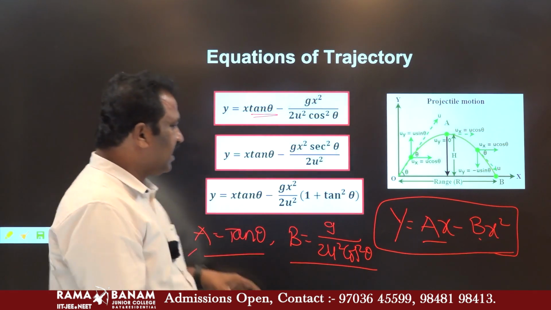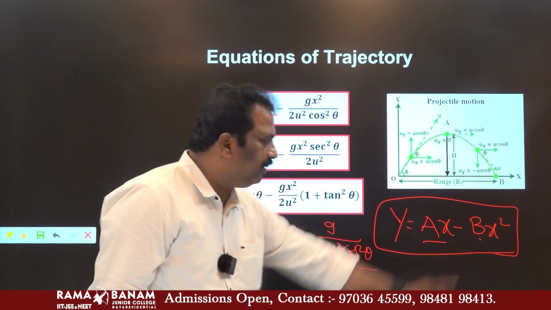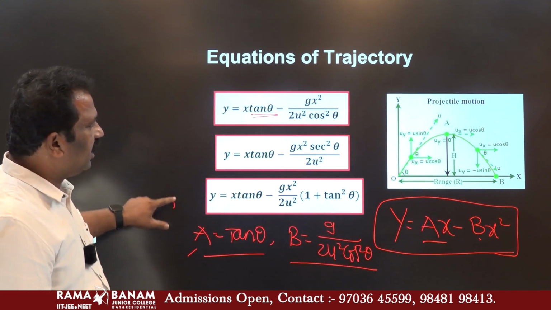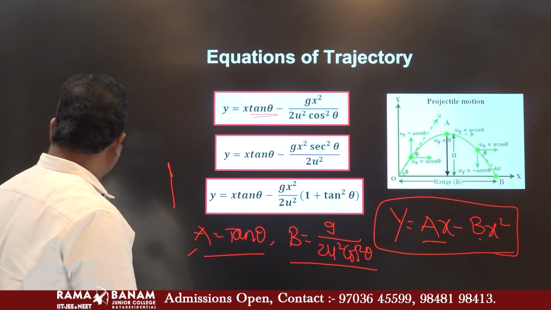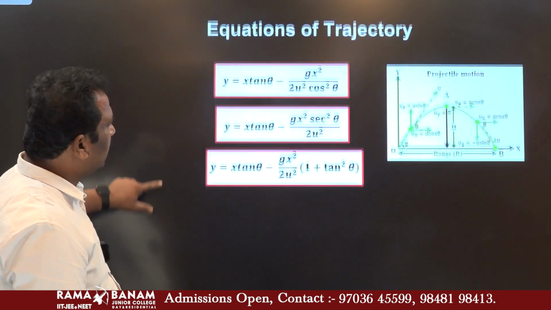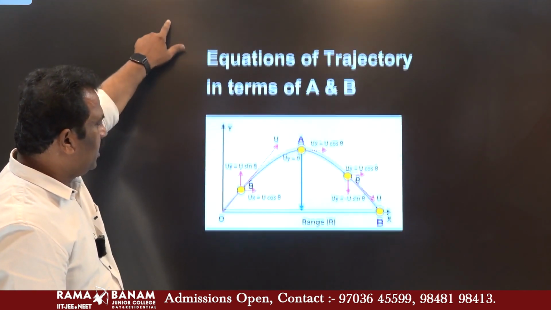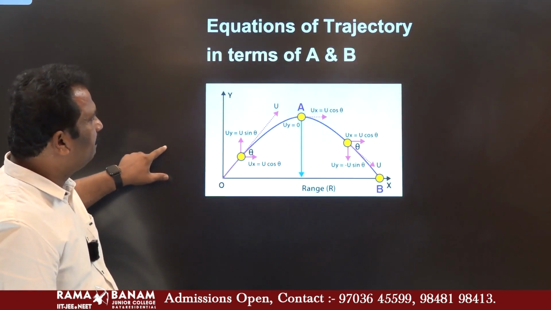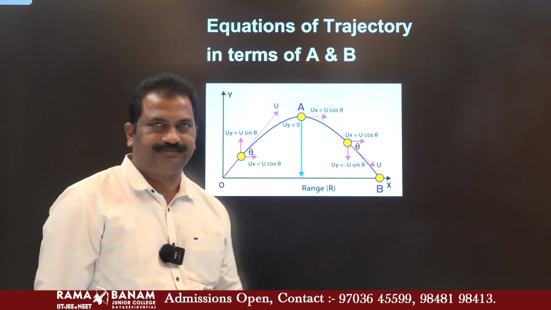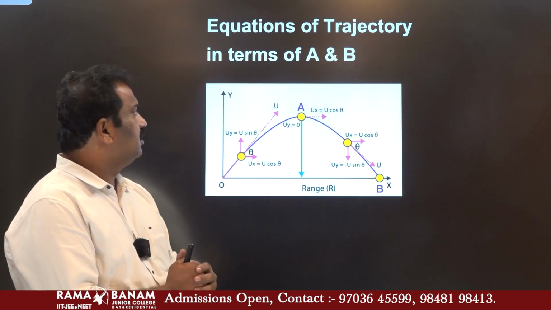Now we discussed the equation of trajectory in terms of A and B, how we can write it in terms of equations A and B. Now let us discuss. Okay students, here